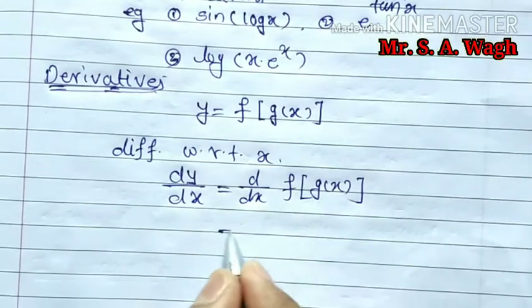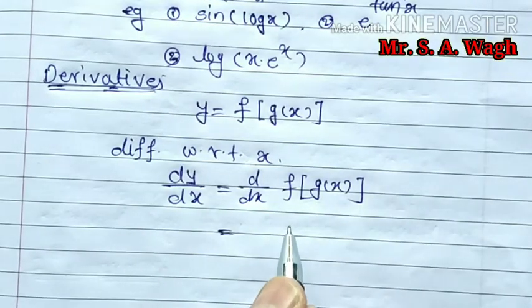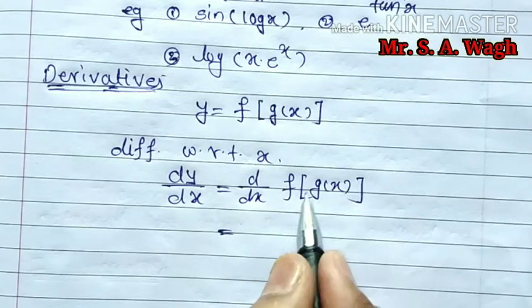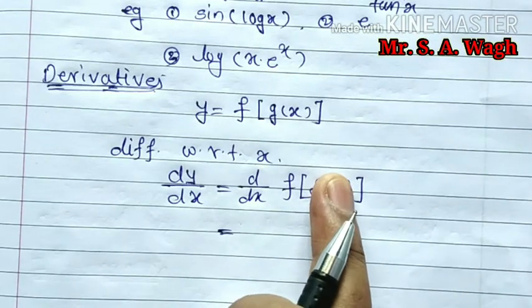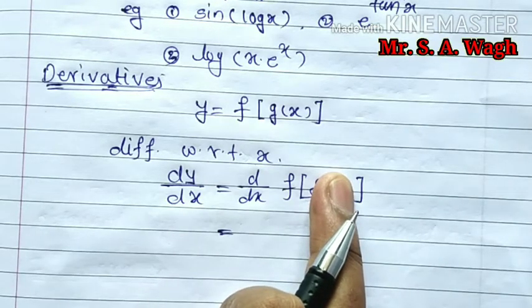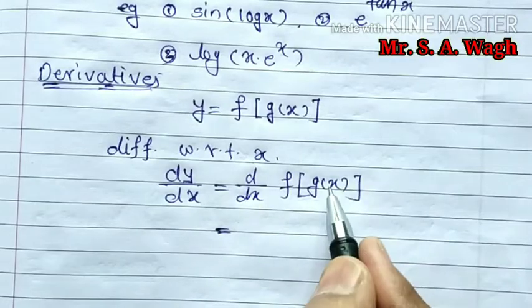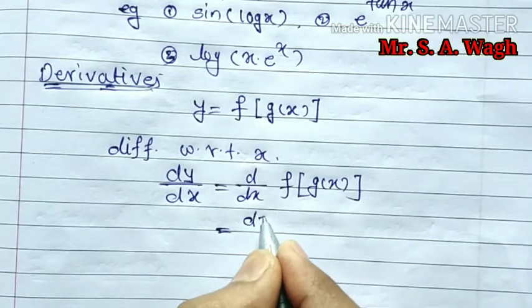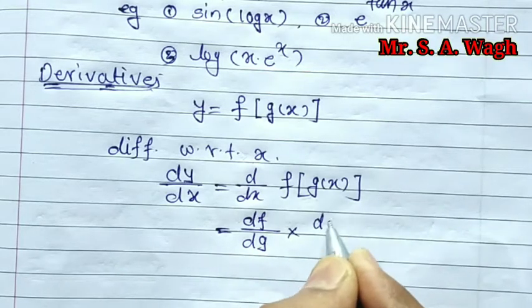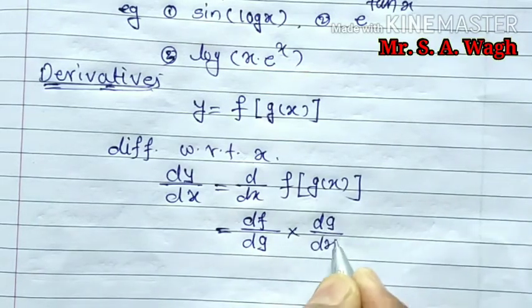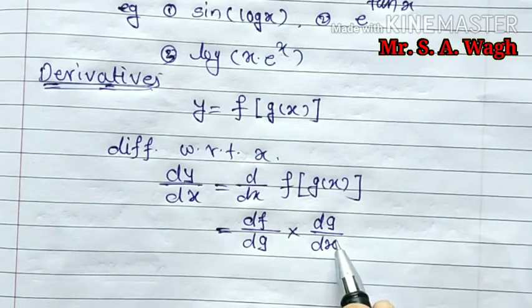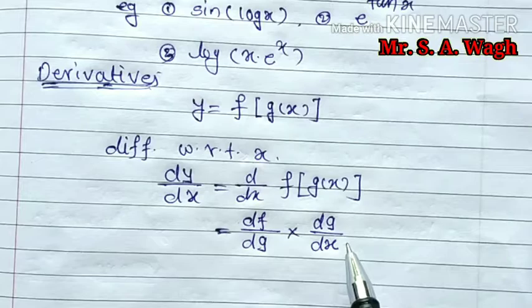One of the rules of derivatives is called the chain rule. It says that whenever you have to find the derivative of a composite function, you first differentiate the outside function by considering the inside as a variable x, and then multiply by the derivative of the inside. That is, we take the derivative of f with respect to g first, and then the derivative of g with respect to x. This chain continues until we differentiate up to the variable x.